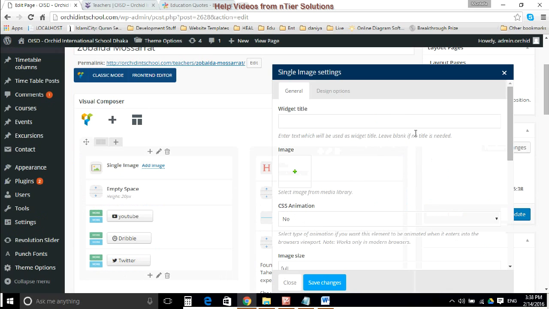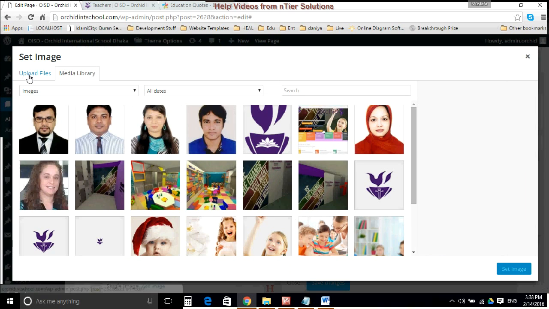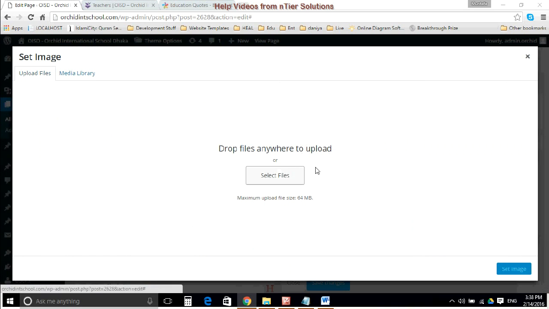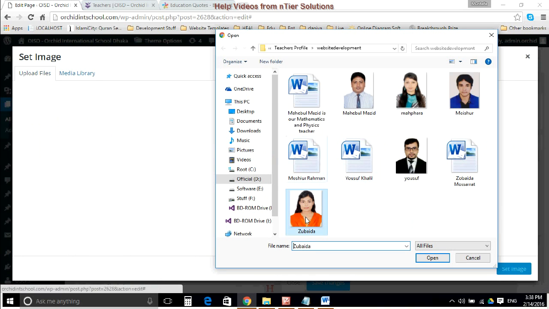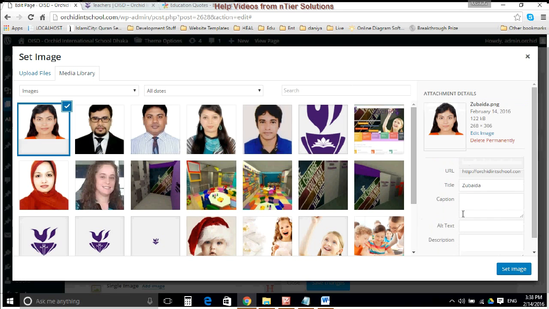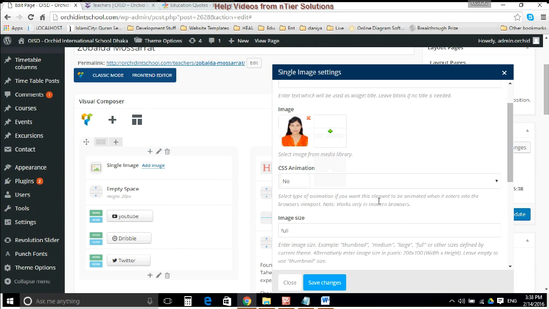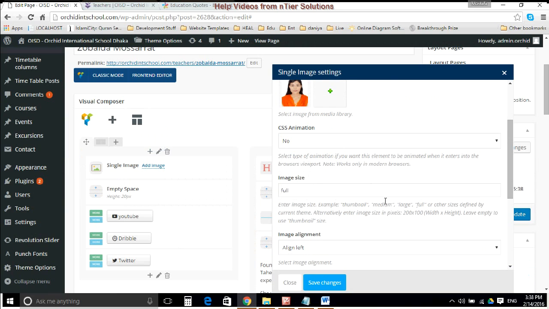So single image setting. Here you can see that there is a box with add image option. Select that. Definitely it's not going to be there in the media library. We need to upload it from the hard drive space where you saved it. And set image. Image size will be full.